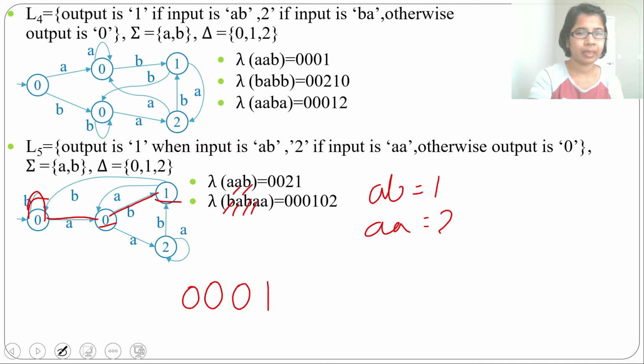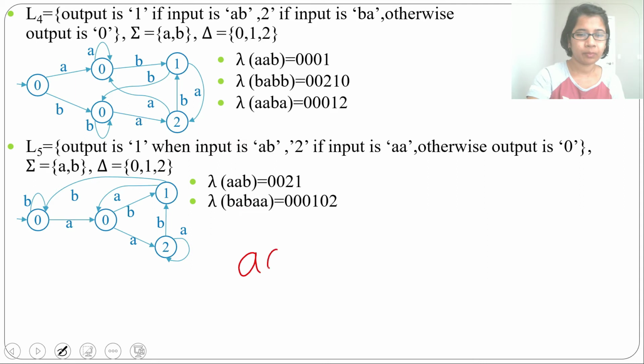Then for A it comes again to this state and here the output is 0. So just write down 0. Then for another A it goes to this state and here the output is 2. Now how many AA or how many AB are present? AA is present once because 1, 2 is present, and AB is present once. And it ends with AA as the last output is 2.